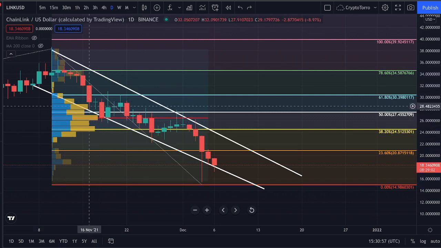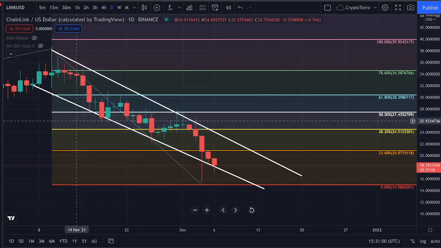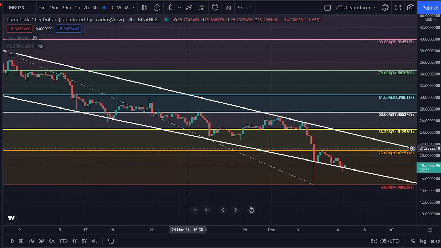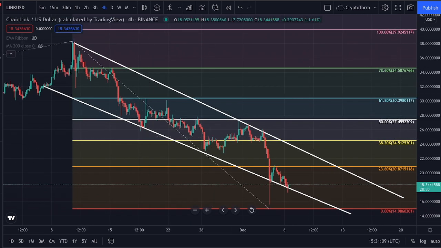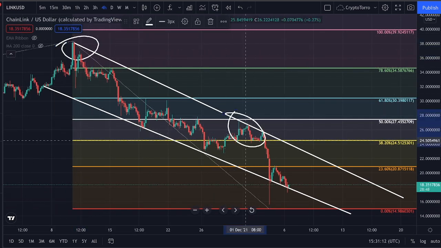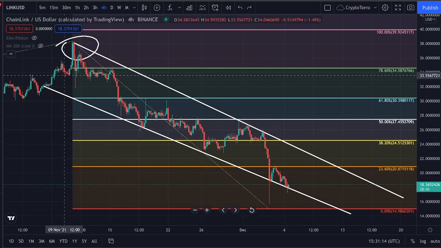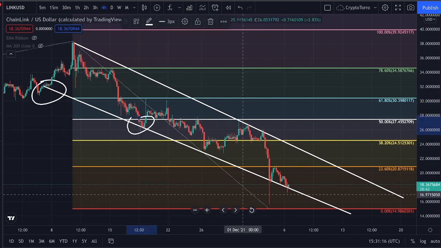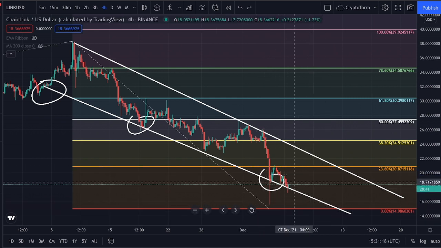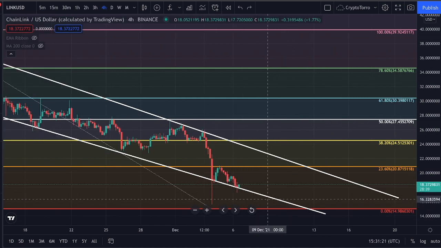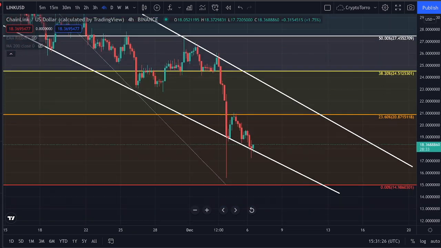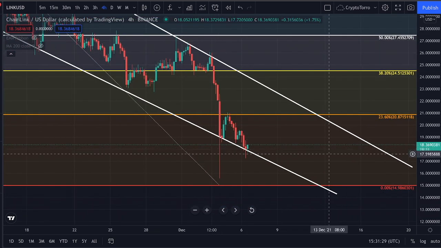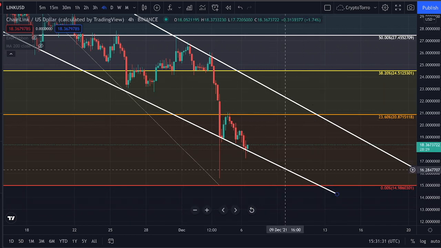Well, this being said, I would like to disable the fixed range volume profile, and I would like to discuss on the 4-hourly time frame this falling wedge pattern. I would like to call this a falling wedge pattern, yes, due to the fact that we have seen multiple touch points below this descending resistance, and multiple touch points on top of this descending support. So right now we are seeing a stronghold of support getting created right on top of the descending support range. Therefore, I am right now absolutely confident that we are going to see a further increase in